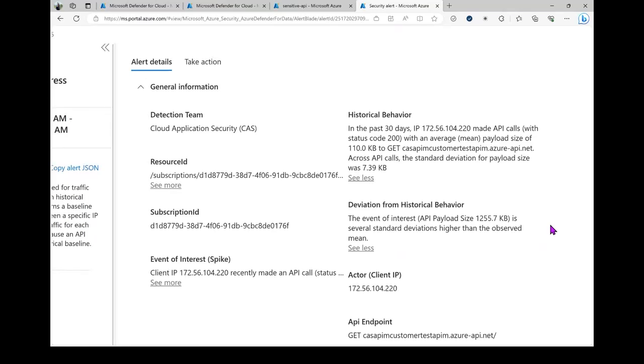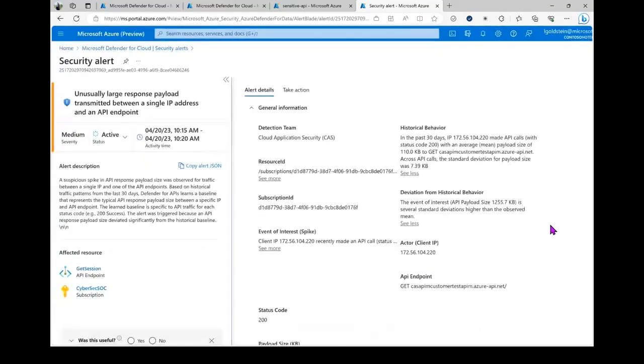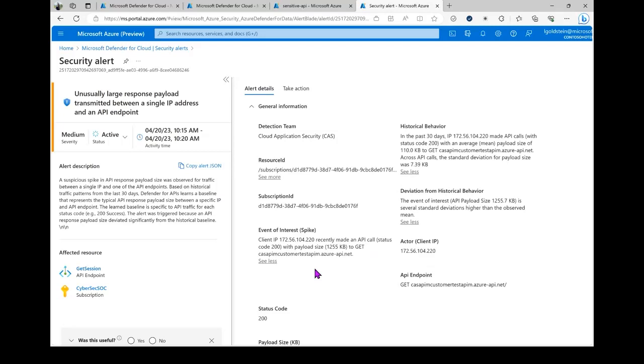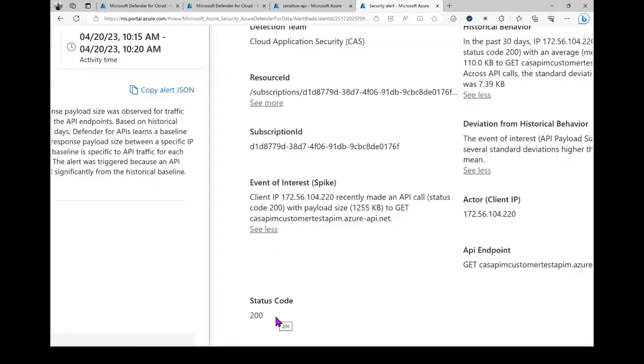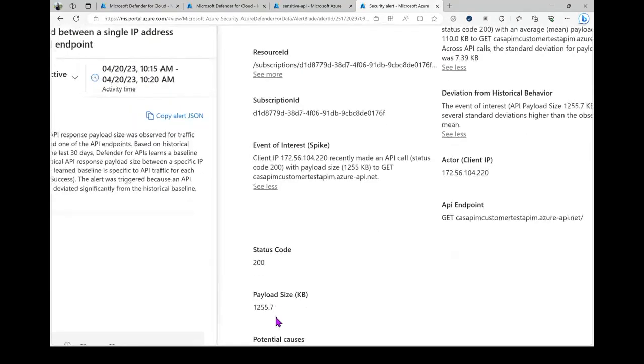So this is why we believe it is abnormal and why we're throwing an alert for it, because we understand the historical behavior of how this IP address interacted with your API endpoint, what the normal activity was, and why this is something that isn't normal for this IP address and for your API endpoint. So in this event, as I said, the payload size was 1,255 kilobytes, and it was also successful. So we can see that the status code was 200 here,